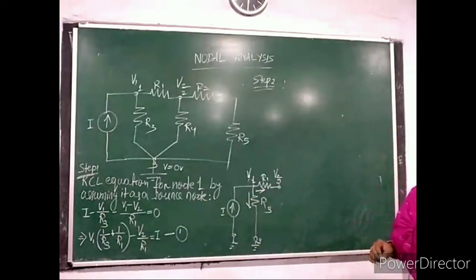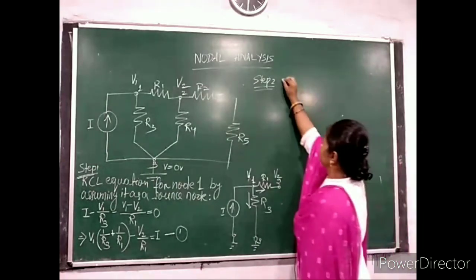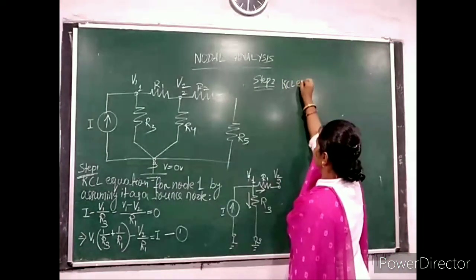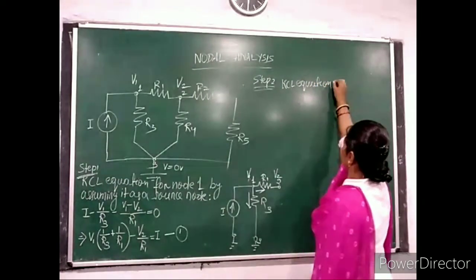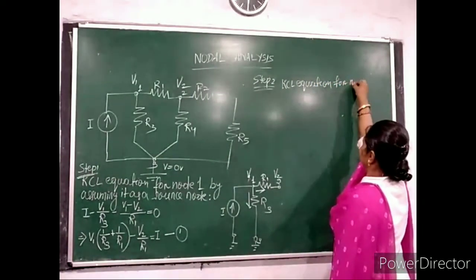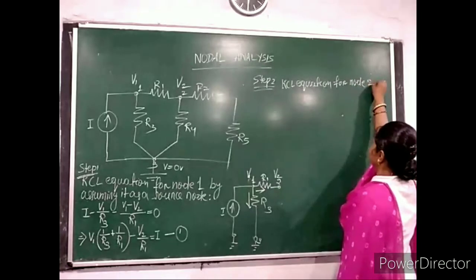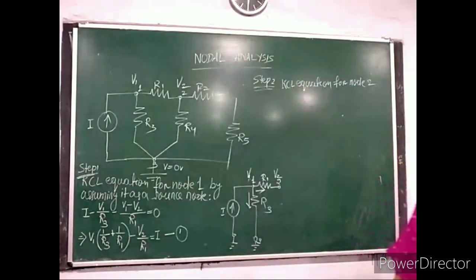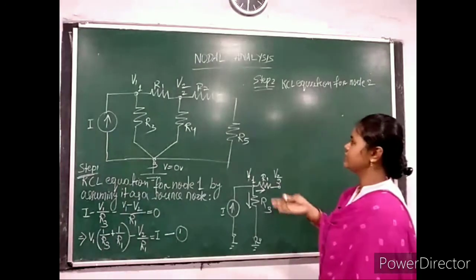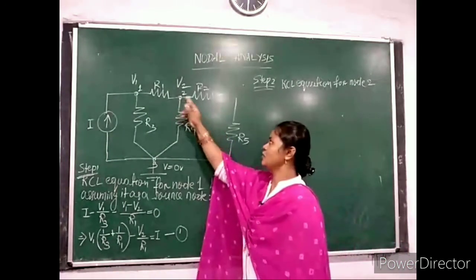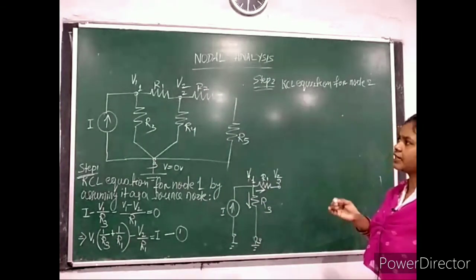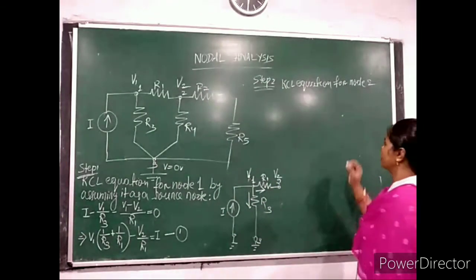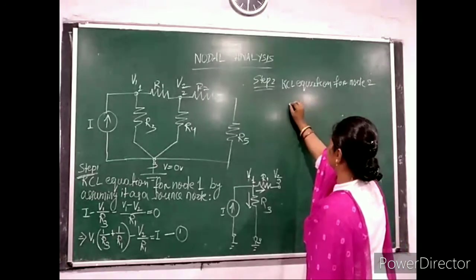I write the KCL equation for node 2 by assuming it as a source node. So what is the simplified circuit diagram for node 2? I consider only those branches which are connected with node 2. So the simplified circuit diagram is,